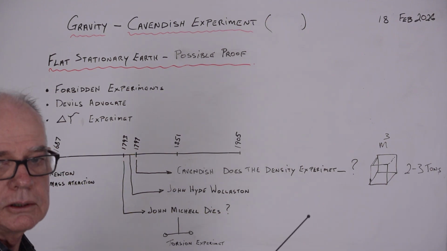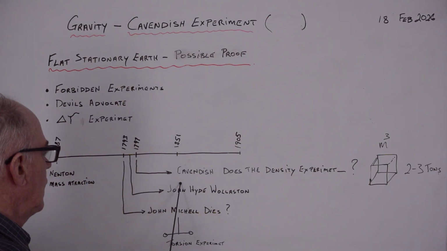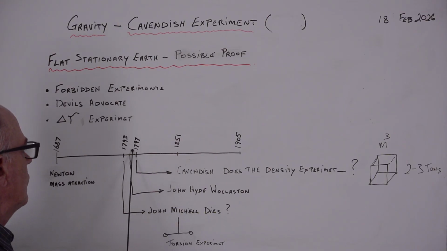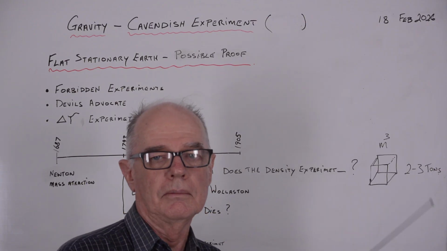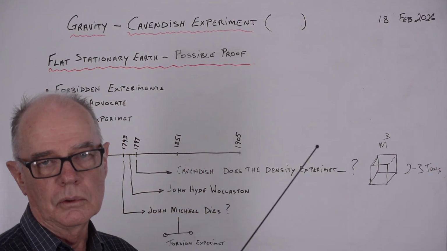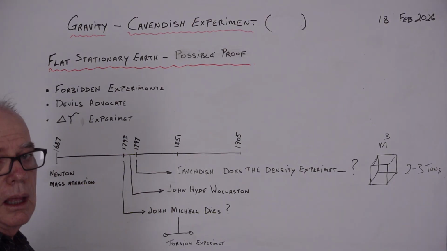all physics textbooks. John Hyde Wollstone took Michell's experiment and he gave it to Cavendish. In 1797, Cavendish did his famous density of the Earth experiment to work out the density of the Earth. And